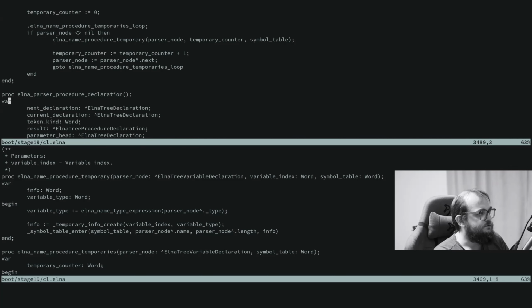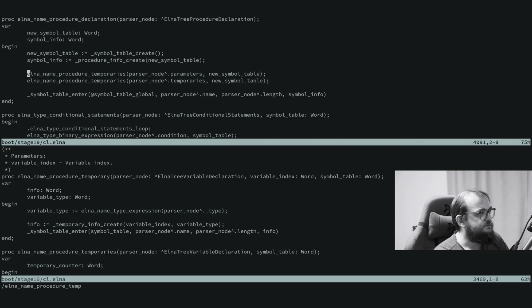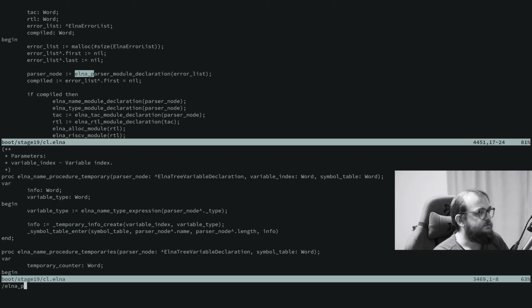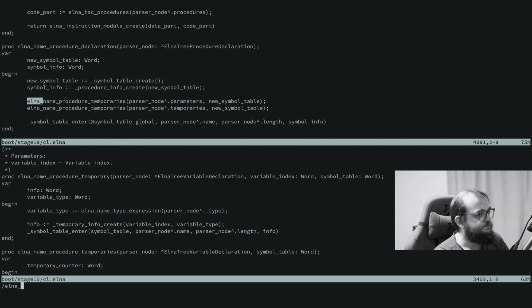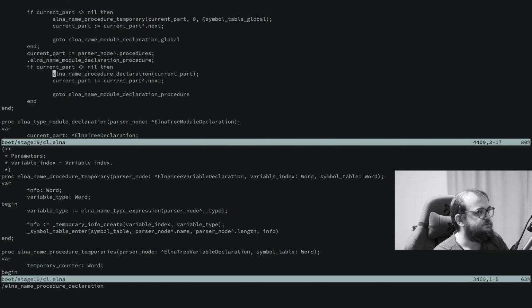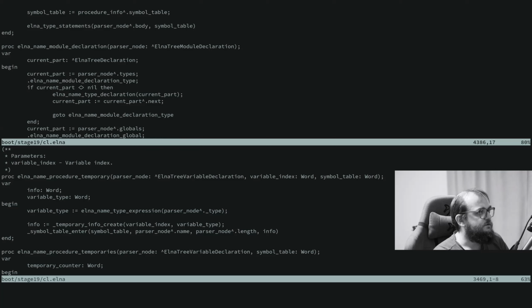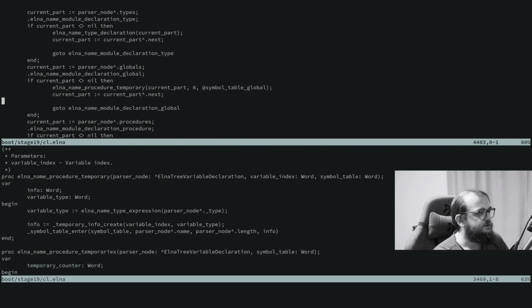They should be called somewhere from the procedure declaration. Exactly, name procedure declaration, name procedure declaration, and this one is called from name module declaration, and here we call these functions for the procedures, for the